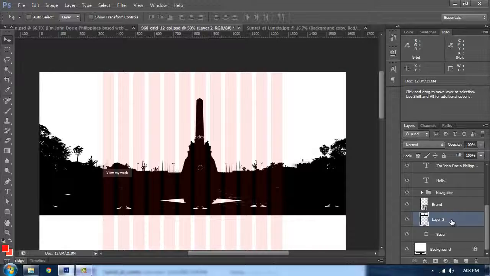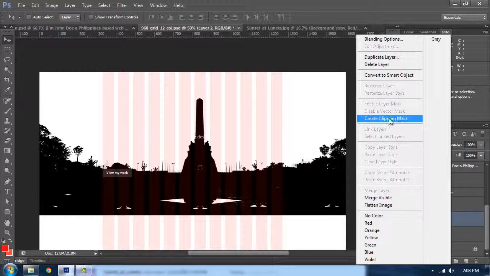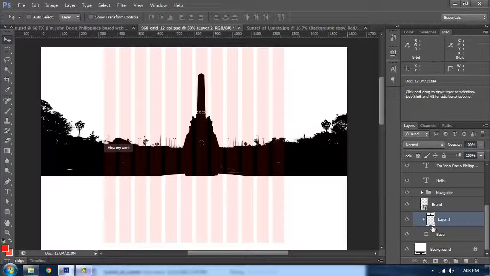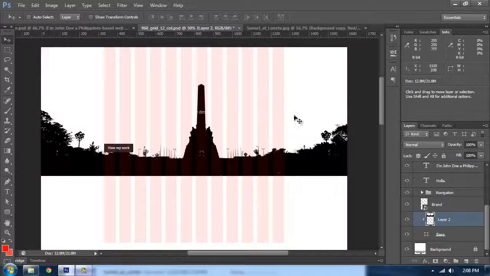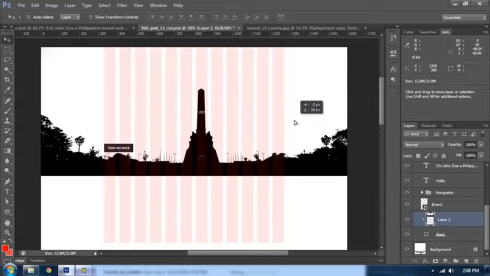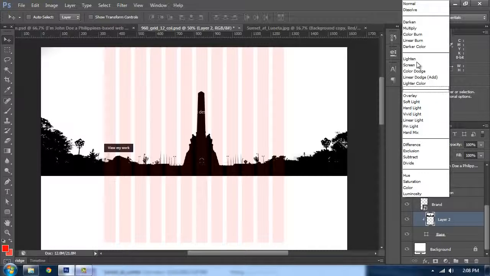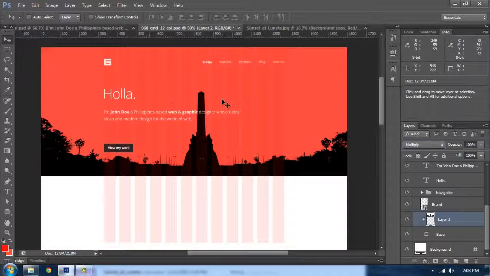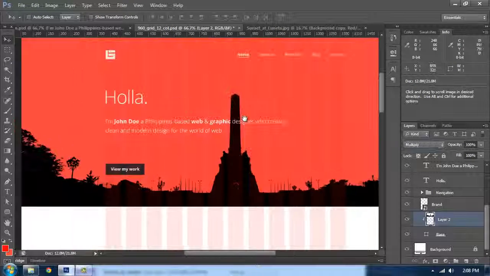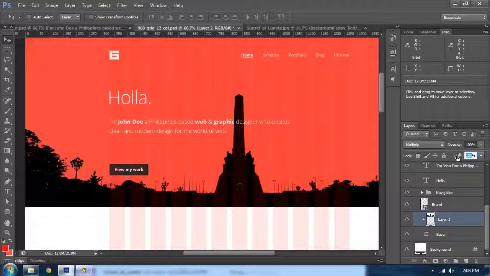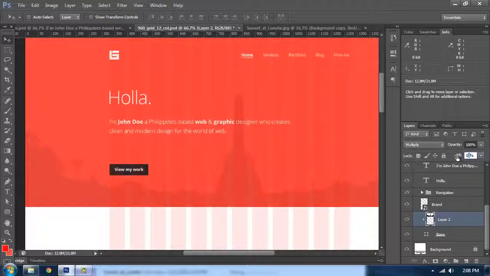By selecting this layer, right click and create clipping mask. So now it's masked on our base layer, so we can move this and it's still in the right place, and I'm positioning it something like that. I'm going to make the blend mode multiply, so the white will hide and the black will reveal. And I'm going to set the opacity to about 20 or 15,